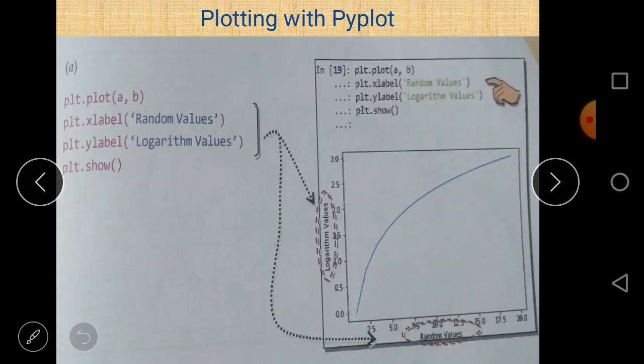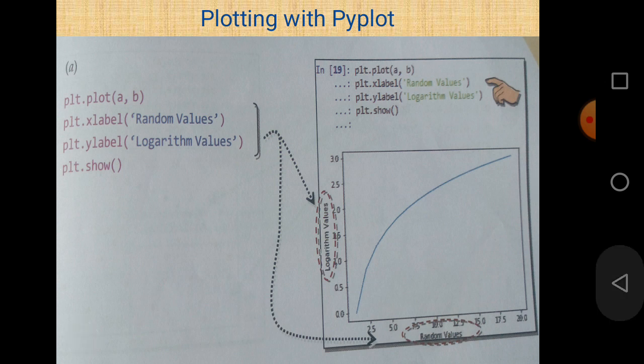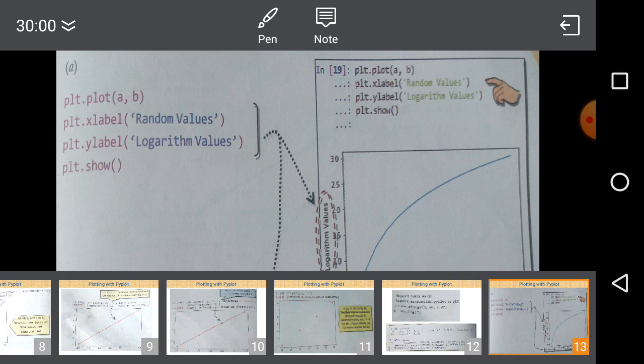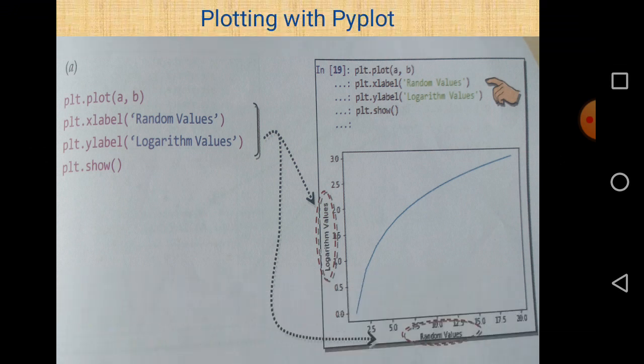Now this is the first part here. Here plt.plot, plt is the alternative name given to matplotlib.pyplot. Then plot is the name of the function used to draw a line chart. And then xlabel, the name of the x-axis, is 'random values', and the name of the y-axis is 'logarithm values'.